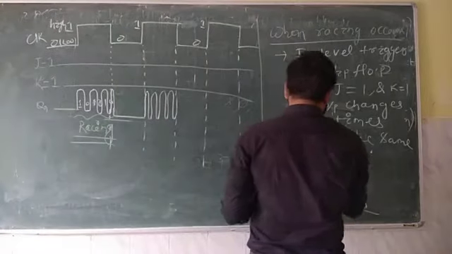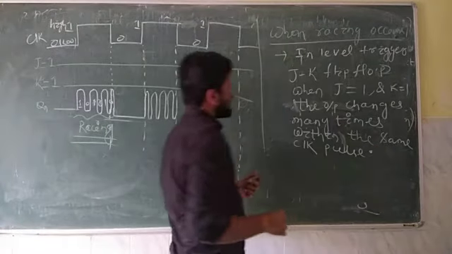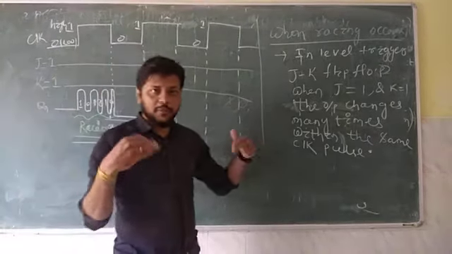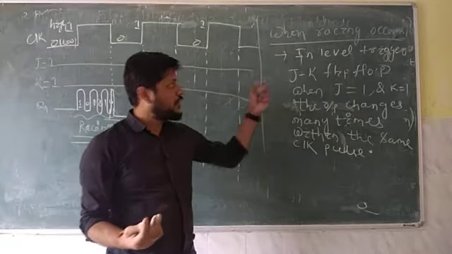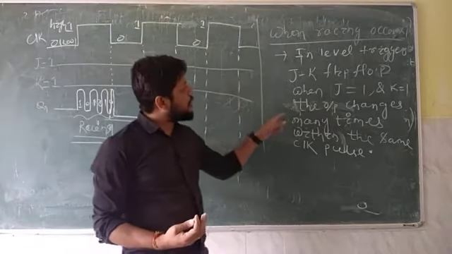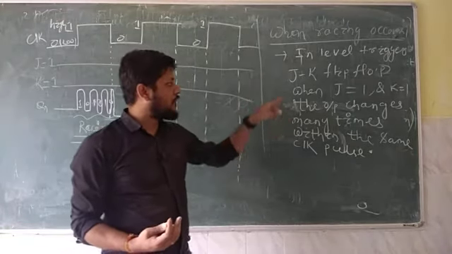So first of all, in level trigger circuit only this racing occurs. In level trigger JK flip flop, when J is equal to 1 and K is equal to 1, the output